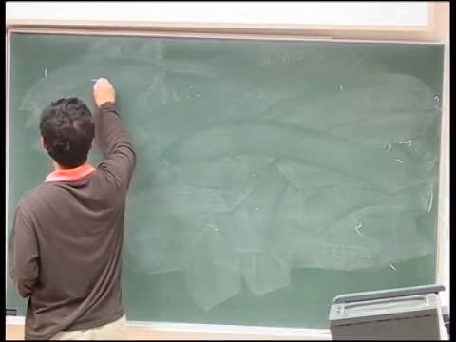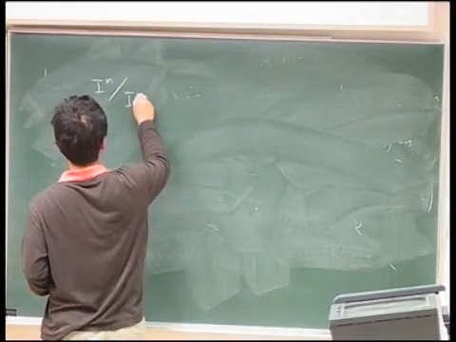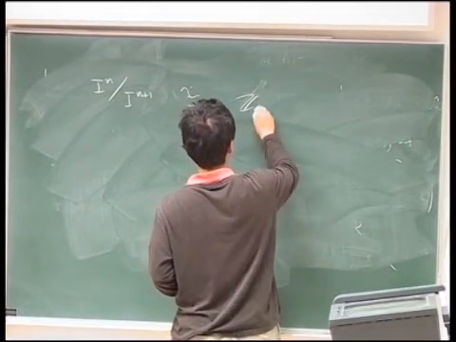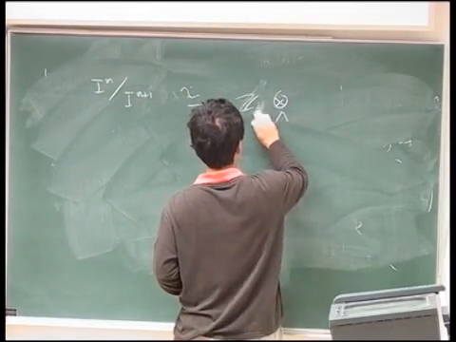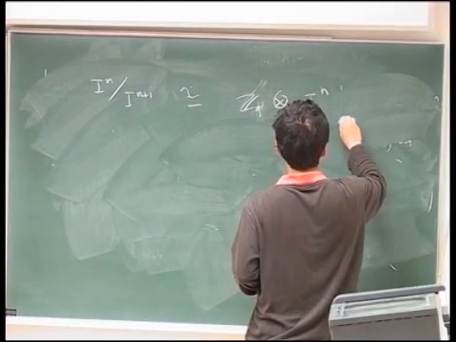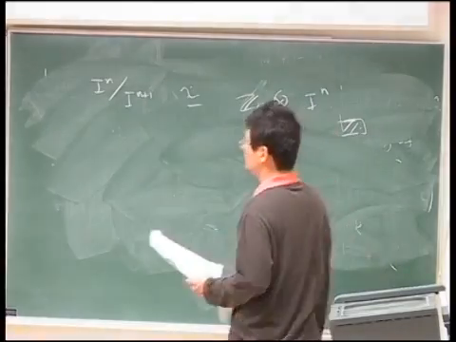Is that I^n mod I^(n+1) is just I^n tensored with Z_p over lambda, so that because this was generated as a left